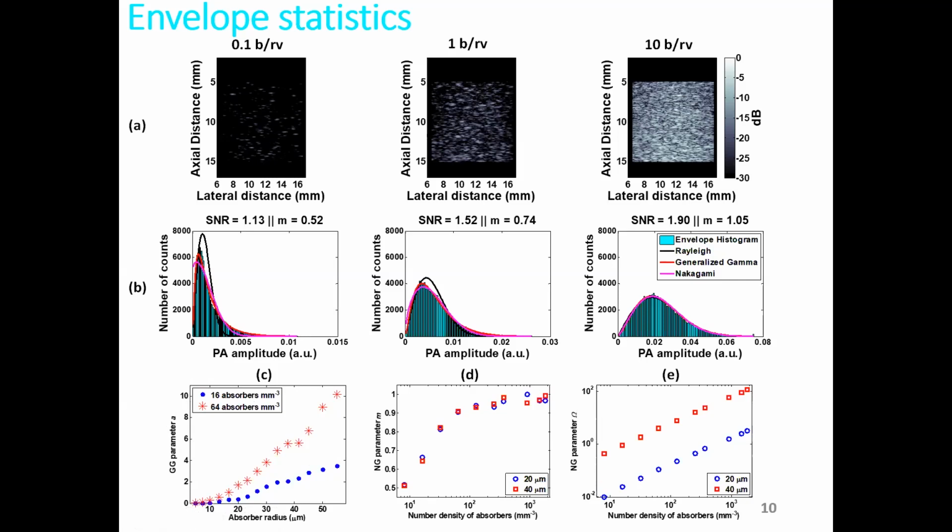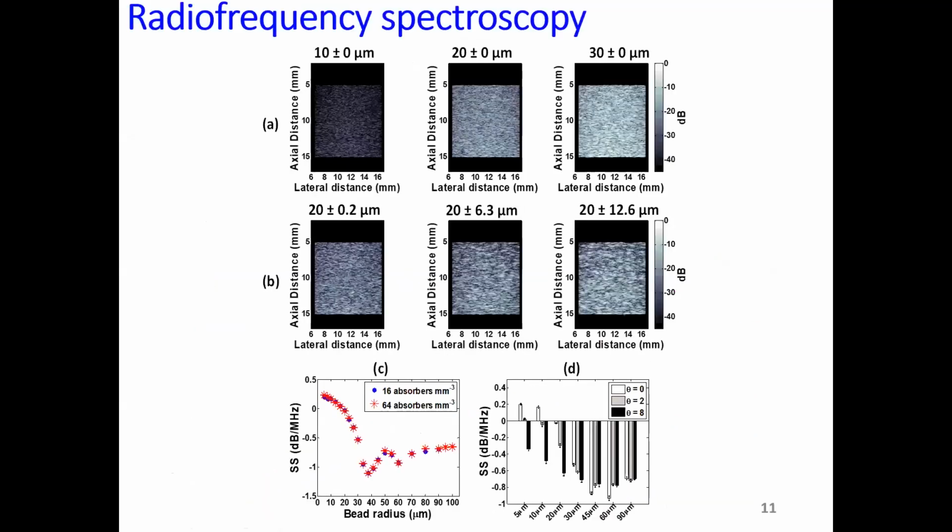So right off the bat, I hope that I've convinced you that there is quantitative information contained within your signal amplitude, which can immediately provide you some information regarding how many absorbers you have within your resolution volume and what is their size. And some of those parameters are independent of size, as shown here by the Nakagami N parameter, and some parameters such as the generalized gamma A parameter are dependent on both size as well as your concentration. So that wraps up the envelope statistics aspect,